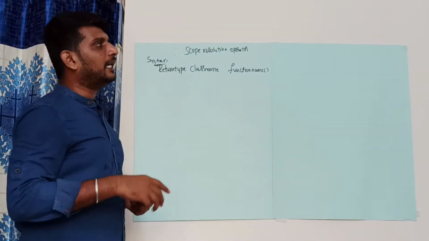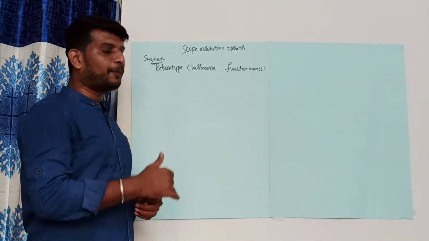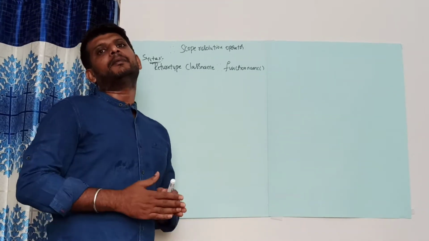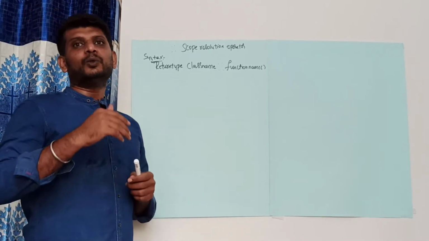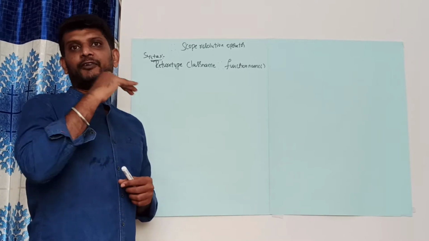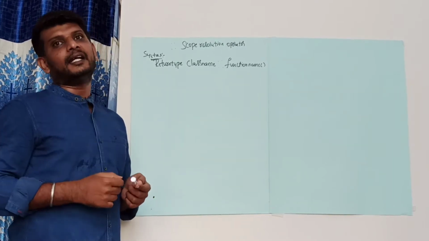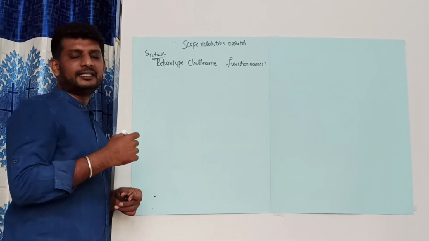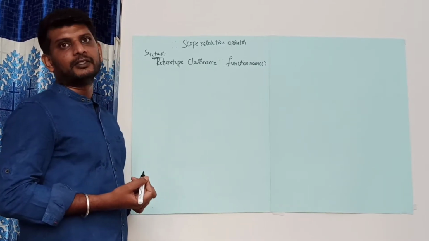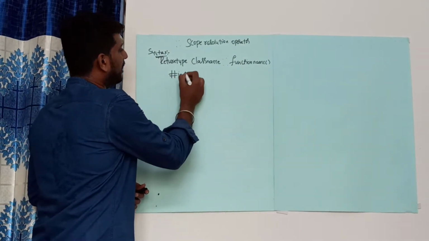Now let me write a program and illustrate how exactly to write a program that defines the member function outside the class. Within the class you have to just declare the function, but you have to define the function outside the class. Now let me write the program and explain how exactly to write it. I will write a simple program that will add two numbers by making use of the scope resolution operator. The first thing is hash include